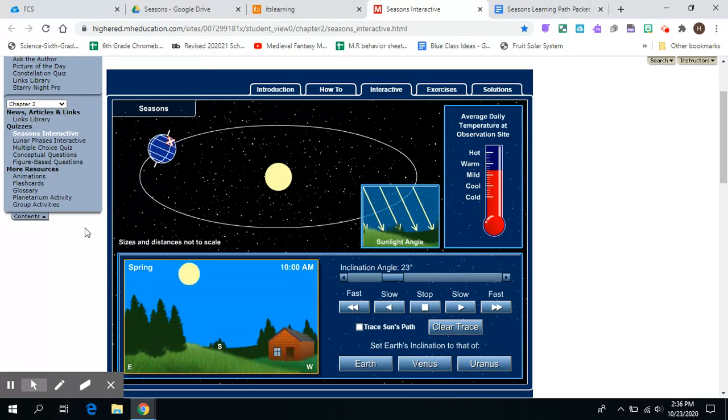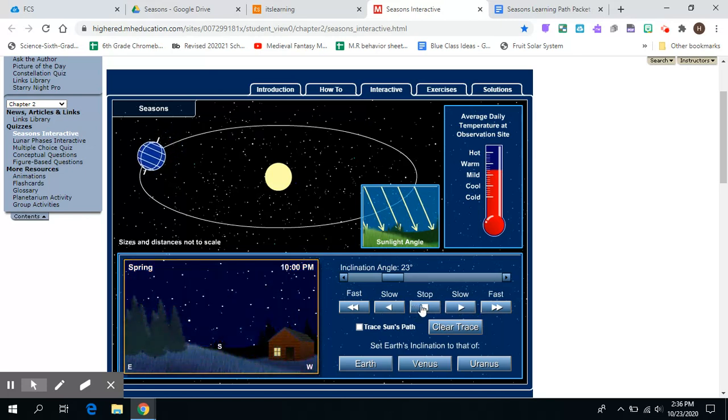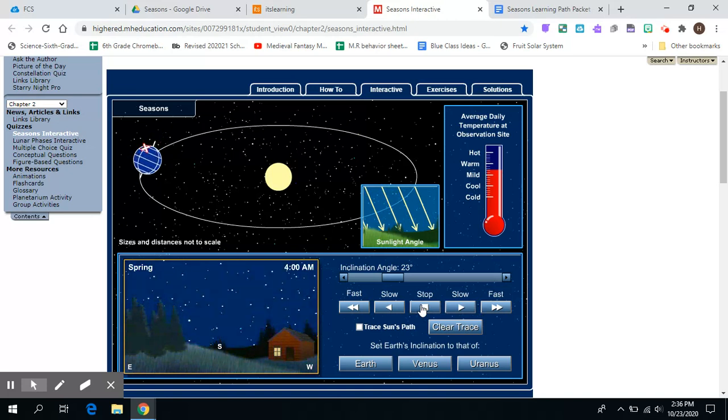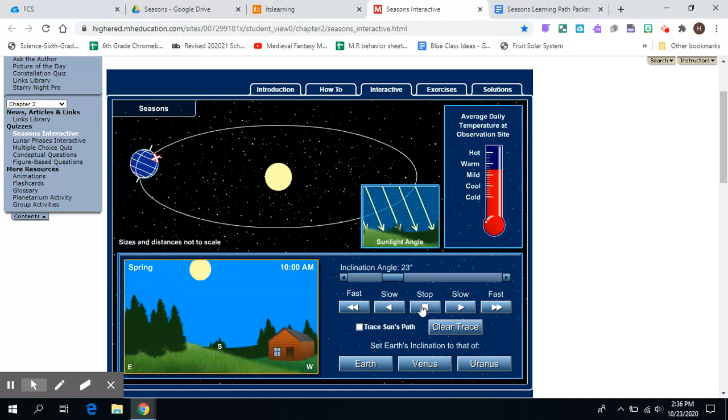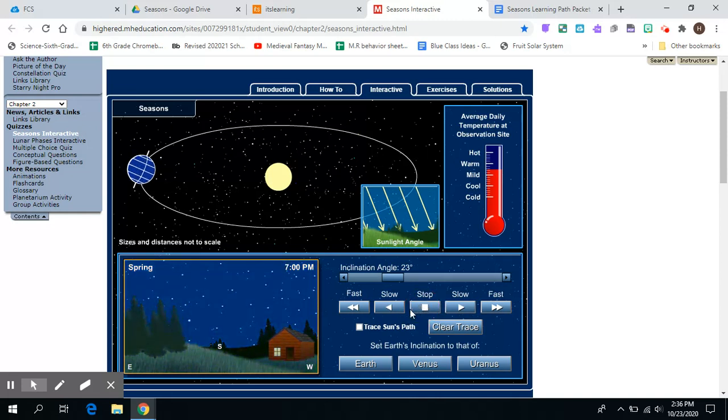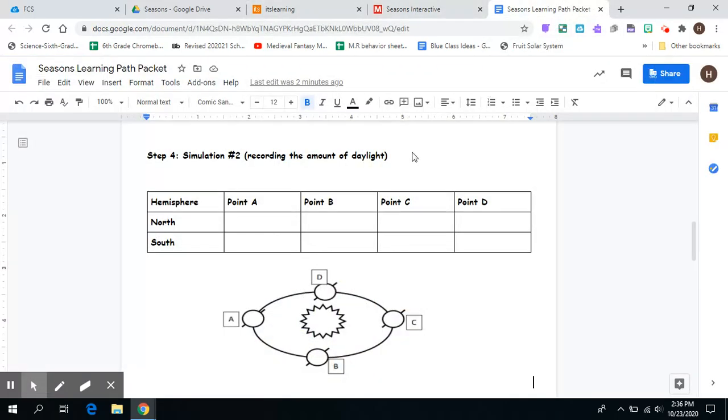So we see the Earth is coming to point A, and we're going to look here. We can stop, and make this go faster and make this go slower. So when we get to point A, we want to see, okay, the sun is rising at about 5 a.m. and it's setting at about 6-ish p.m. But we could see that the sun was really, really high in the sky. So in that case, we can assume it's going to take a long time for the sun to go back down. So we know at point A in the northern hemisphere, there's going to be a lot of